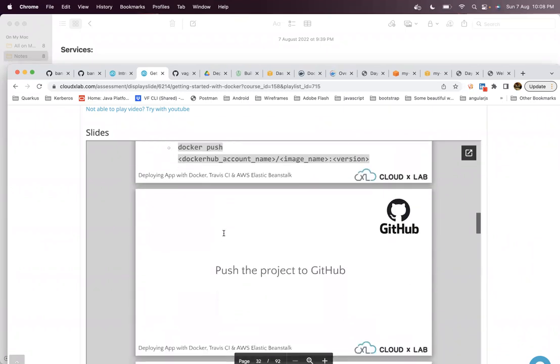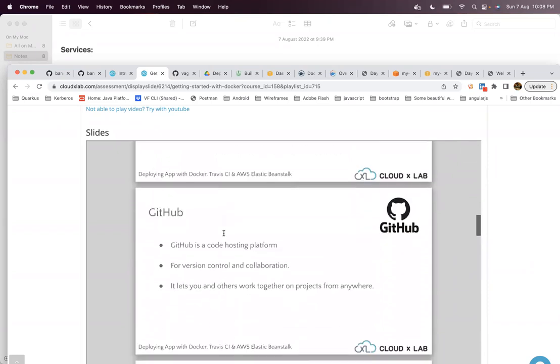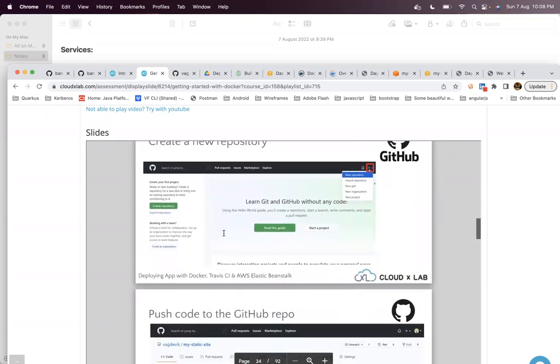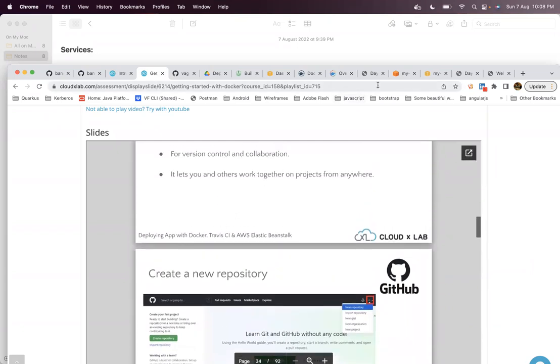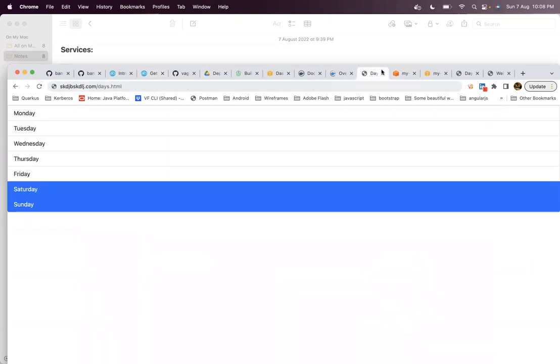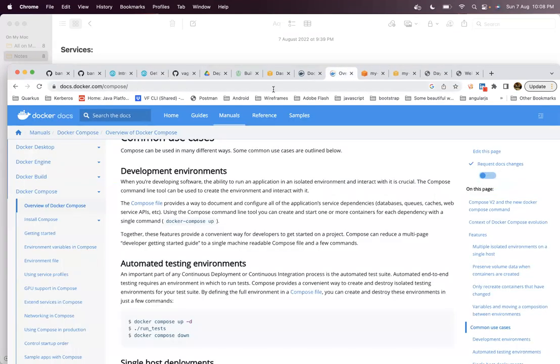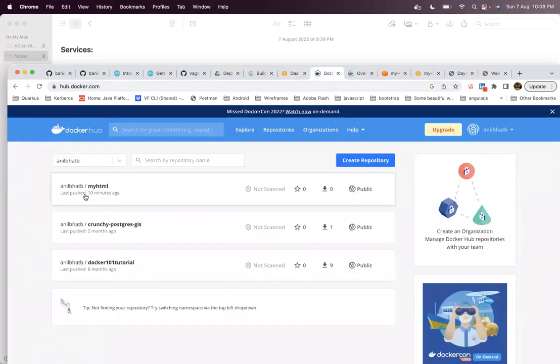This is the syntax. As soon as you push to Docker Hub, it goes to my Docker Hub. That's what we learned here. As part of Docker push, the Docker container went here.